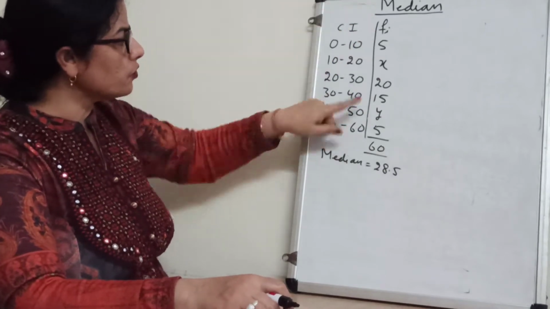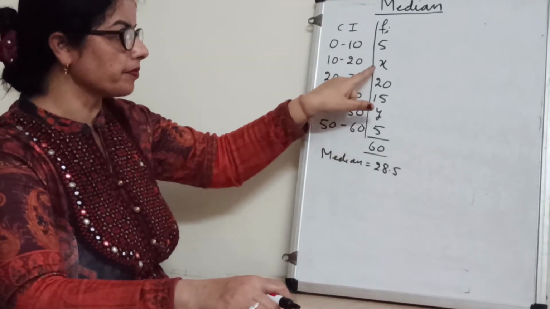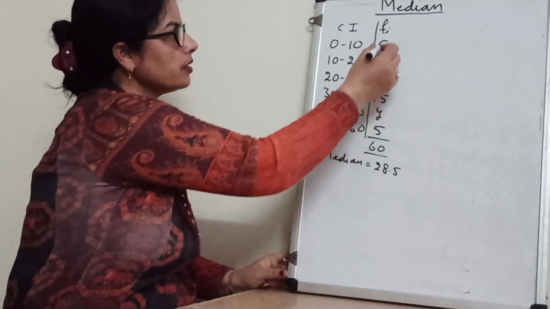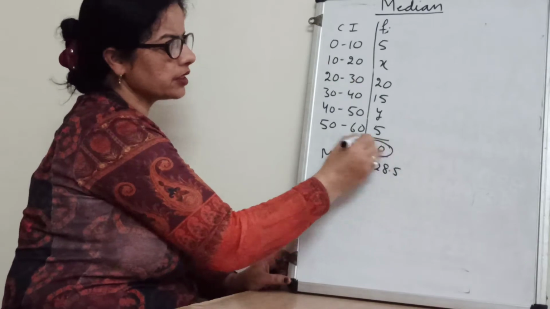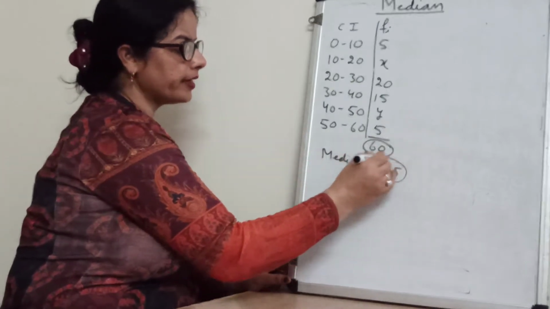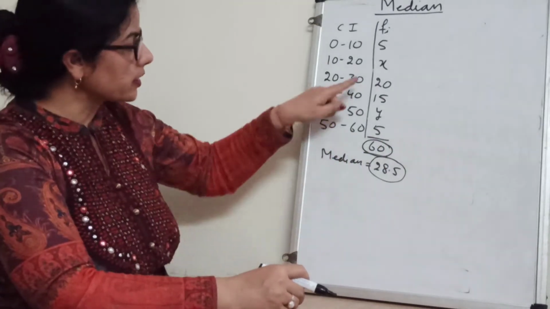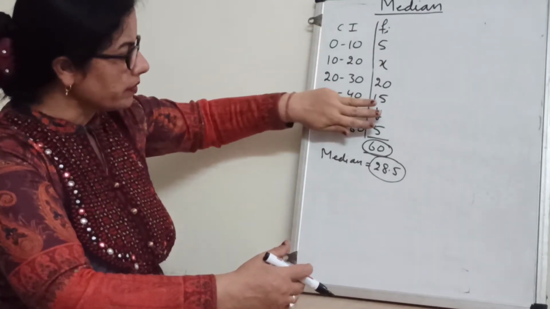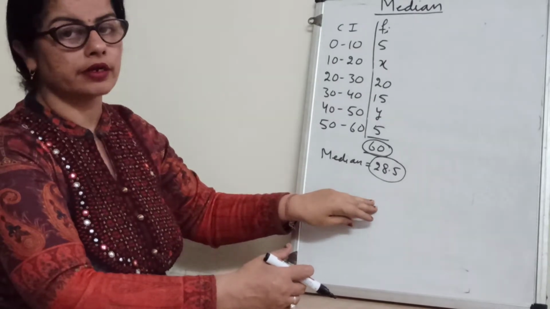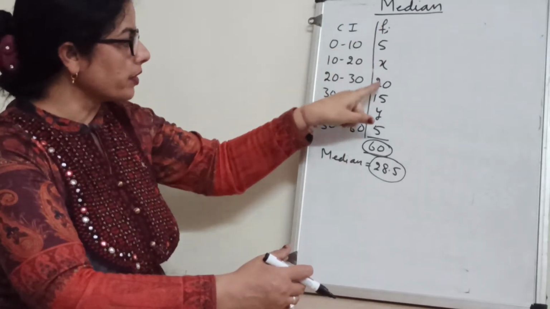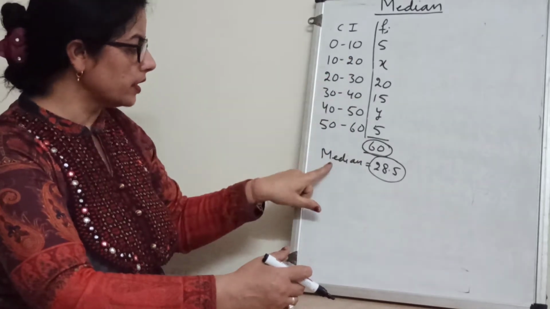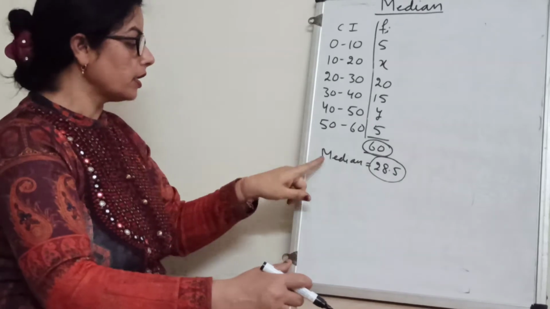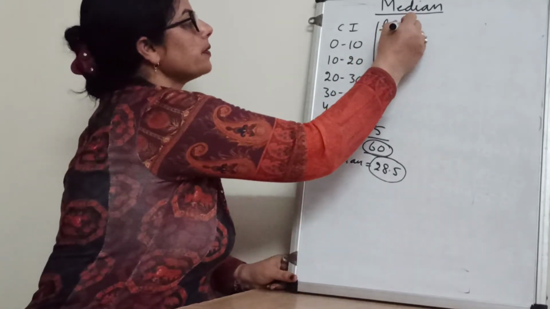See, in this table he is asking for 2 things, and in place of that he has given us 2 things. One thing he has told is the sum of frequency is 60, and another thing is that he has given the median also, and he is asking for the missing frequencies. Up to now the table was given to us, and he was asking to find the median. Now the sum of frequency is also given to us, the median is also given to us, and we want to find x and y. As with any median sum, the first step is to find CF.